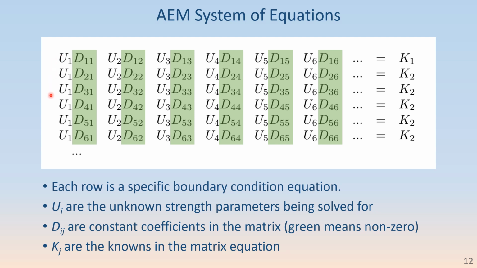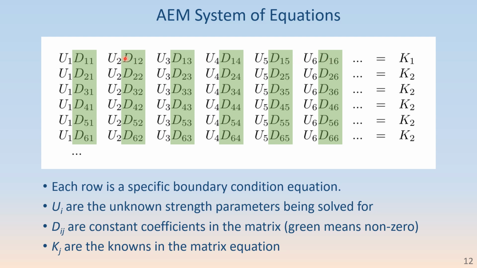For example, the first 5 rows here might be the head-specified boundary condition equations at 5 control points on one of those line segments at the right side of the model, which were head-specified. And the known part here would be the specified aquifer discharge potential, which is related to the specified head. The D coefficients are computed by Anaqsim, and there's D11, D12, and so on, which apply to the first equation, but are different strength parameters